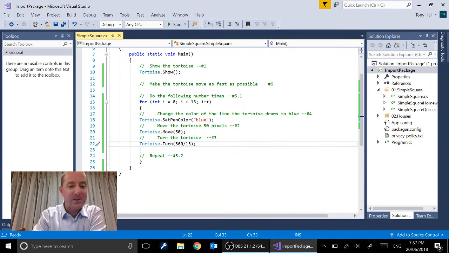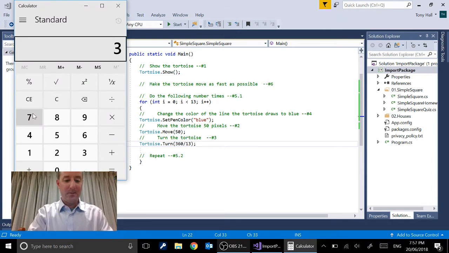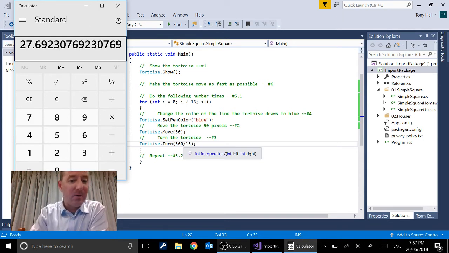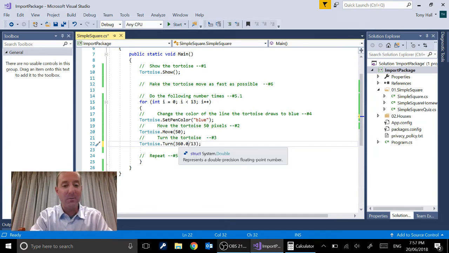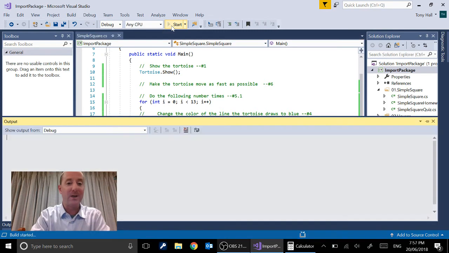If we have a look at our maths, you'll actually see that 360 divided by 13, and let's fire up a calculator, 360 divided by 13, it's actually fractional, 27.6, and we are just dealing with integers in here. So we need to tell the turtle that the fractional part matters. Now that's fairly easy. All we have to do is add a fractional part to our number. So if we say a decimal part to our number, so if we say 360.0 divided by 13 and then rerun our code,